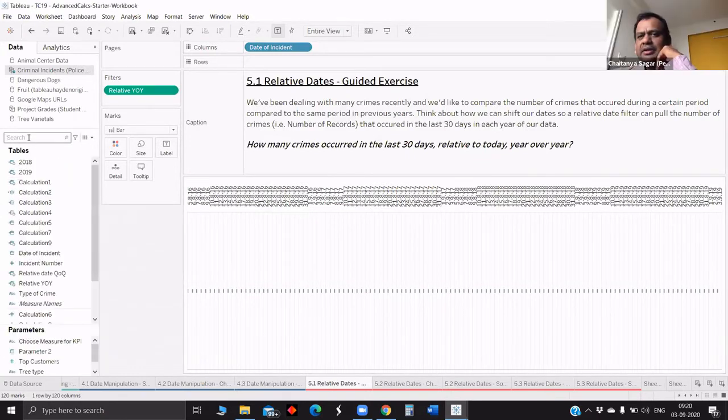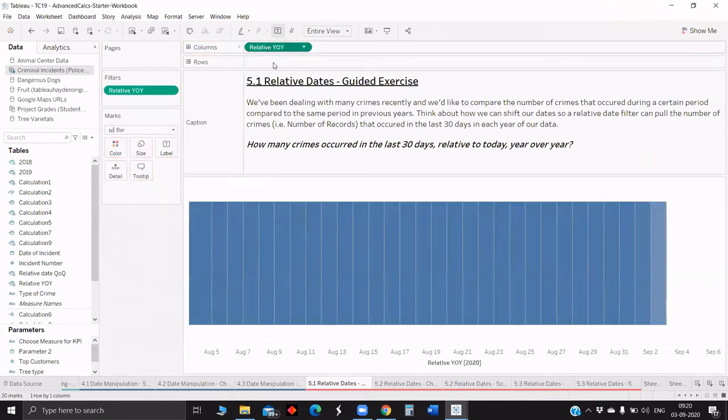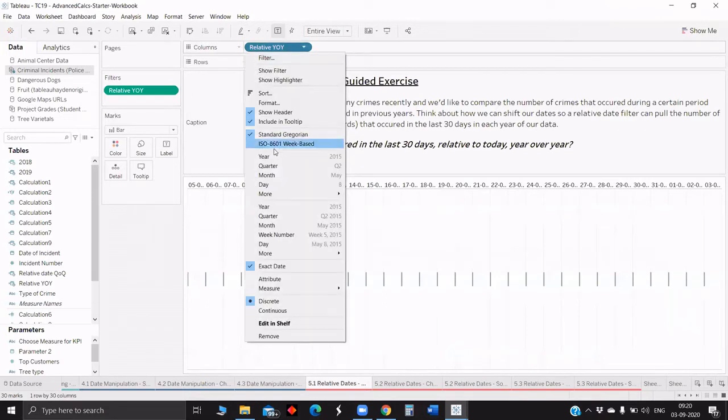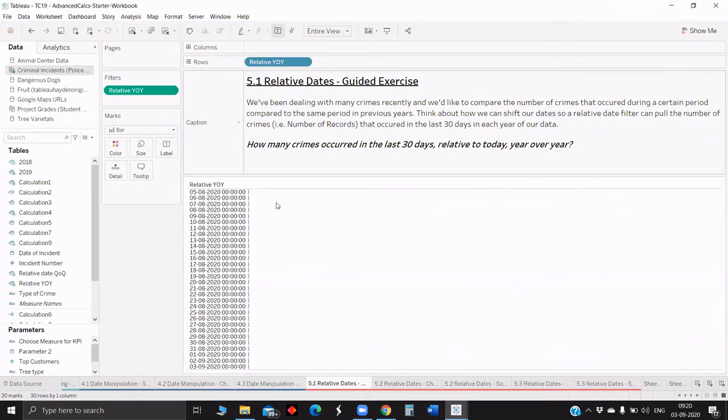What is the output of that relative year over year? Can you just show what the output is going to be? So okay, this is the output.